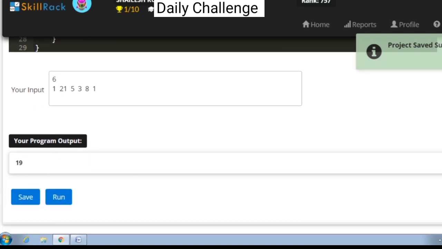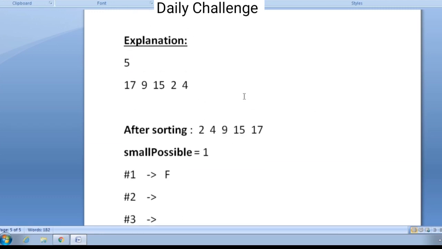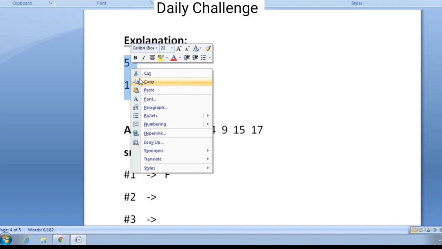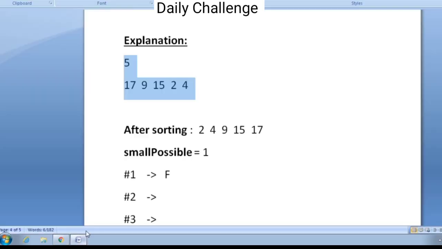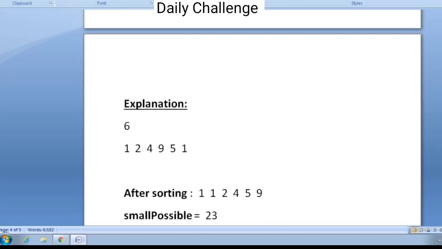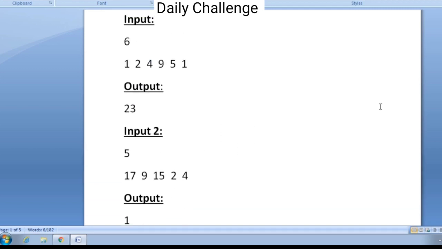So here we can see that we are getting the output as 19. By calculating also we got the value 19. Now one more input, let's give all three inputs. So this is for the second one, and our expected output is 1. Let us see what we are getting.